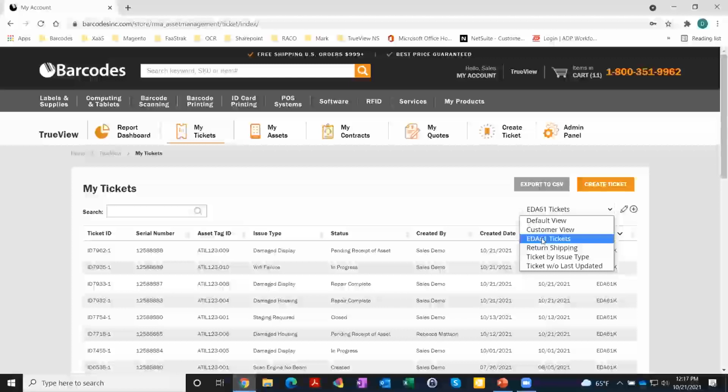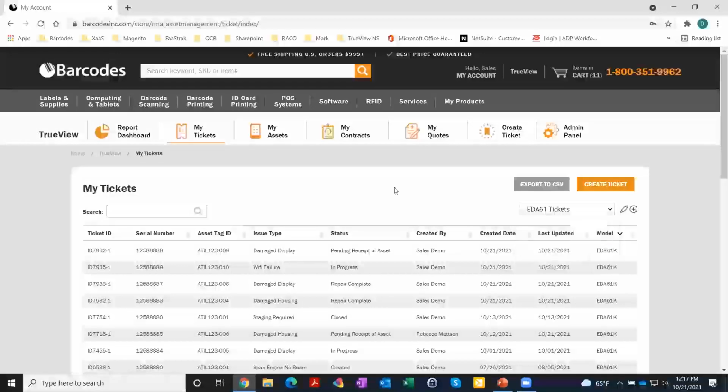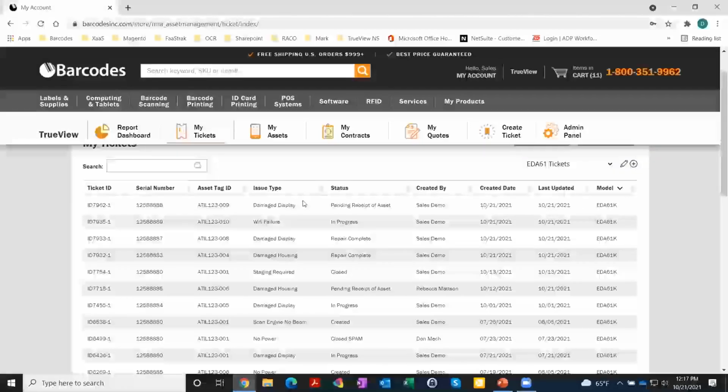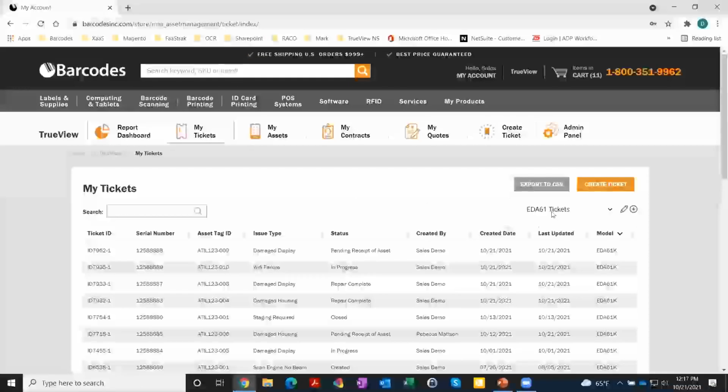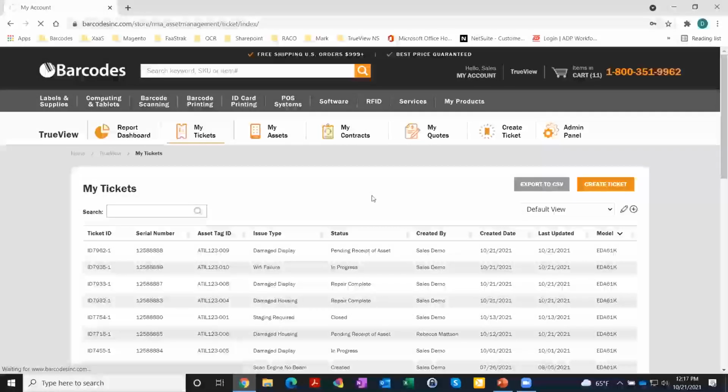And you see here, I'm just looking at the EDA61s, which is a mobile computing device from Honeywell. And these are all the tickets associated to that particular model, which is right here. And in here, you can see all the different issue types associated to this particular model, and we're capturing the asset tag, ticket ID, and so on. Going to the default view, which is our standard view that we have with my tickets,